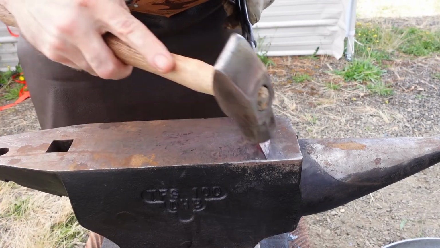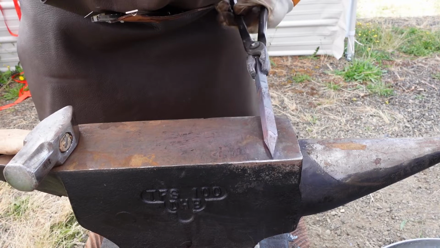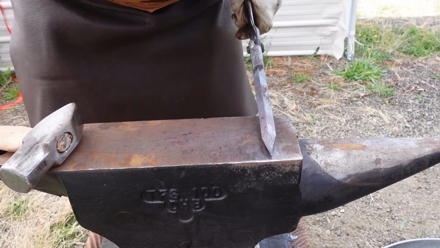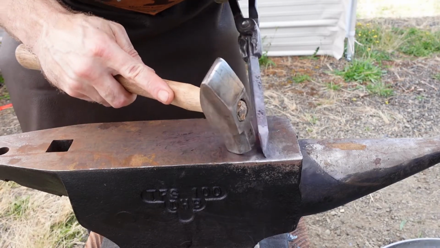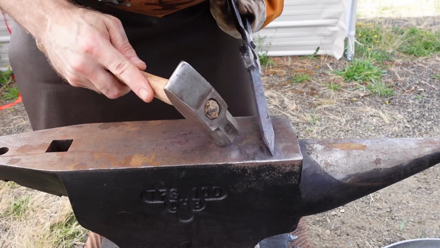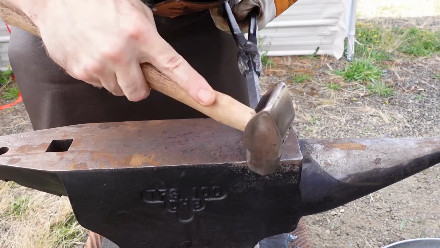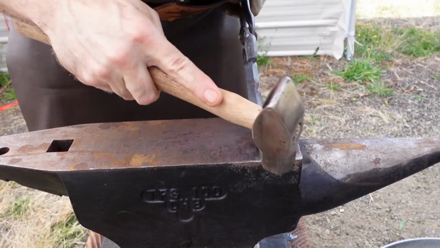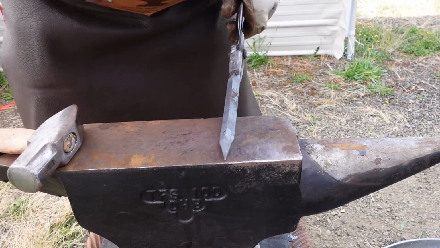Those are the straightest octagon bits I've done so far. They're not as even as I would like. This one's a little fatter, or this one's a little thinner than that one. And that one's a little thinner than all of the rest so far. But as far as not just twisting it all over the dang place,